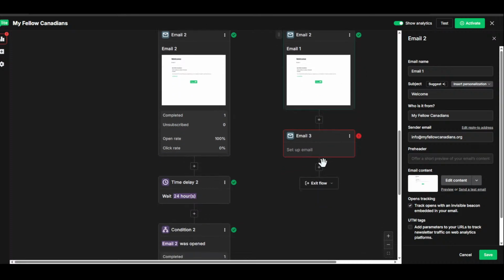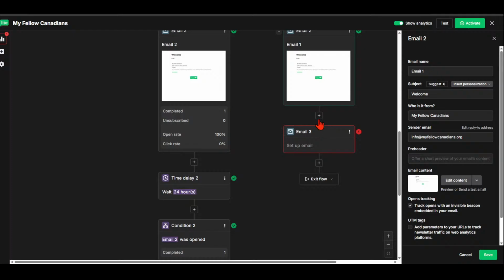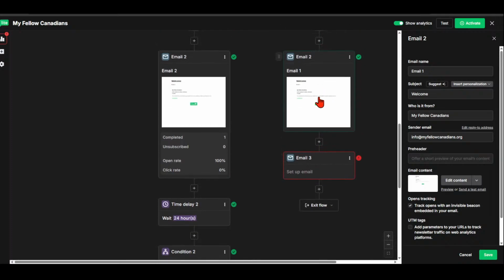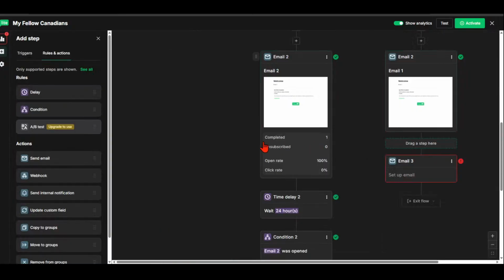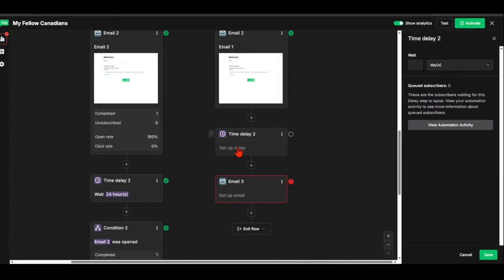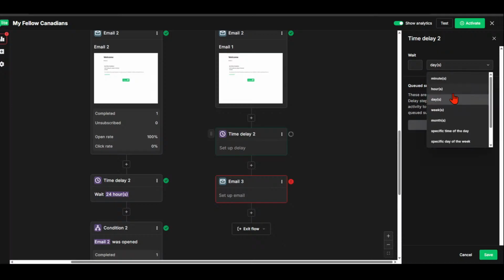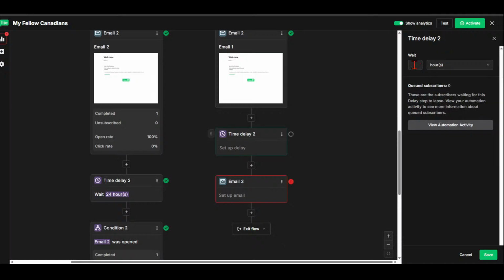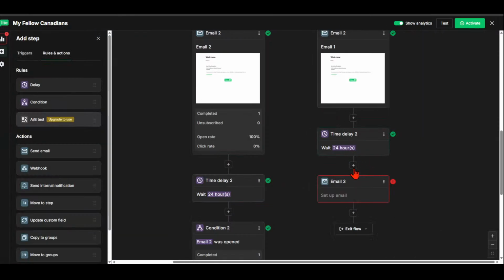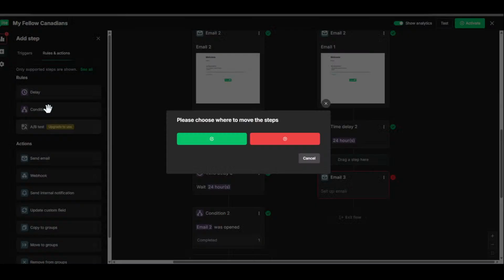then I have to check again. Wow, this is getting complicated. So after they get the email number 1, the same one, then I'm going to add like a step here. And I put a delay, and the delay is going to be, like we said before, 24 hours again. So it's going to check after 24 hours. And after 24 hours, it's going to check a condition. So I click on the plus sign and I put condition. And the condition is